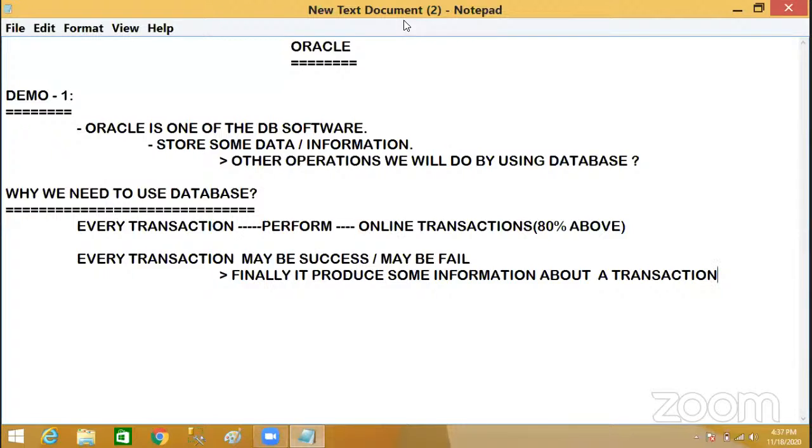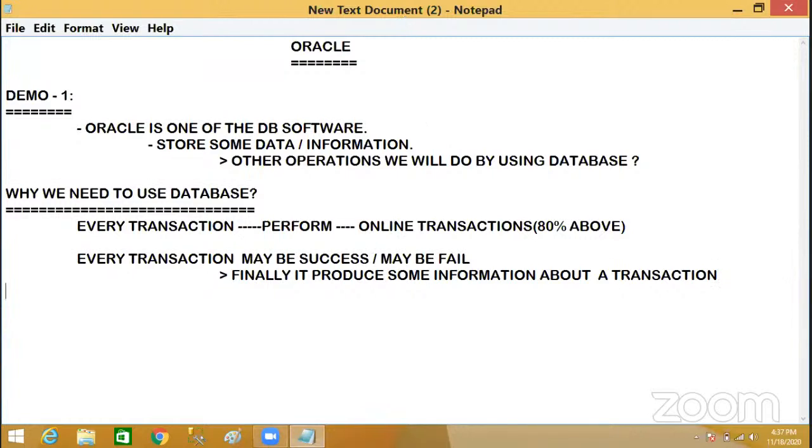So whatever data is produced online, we need to store somewhere. For storing purposes, which kind of application do we require? The data produced from an online application, where can we store it? Another online application we require.